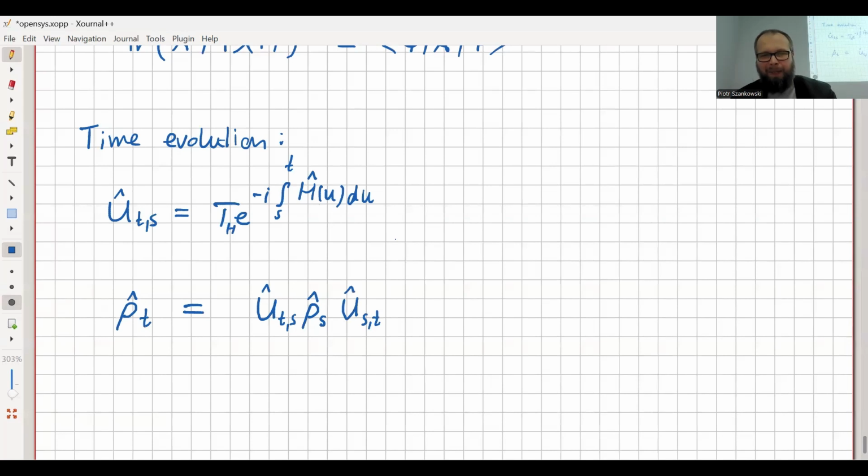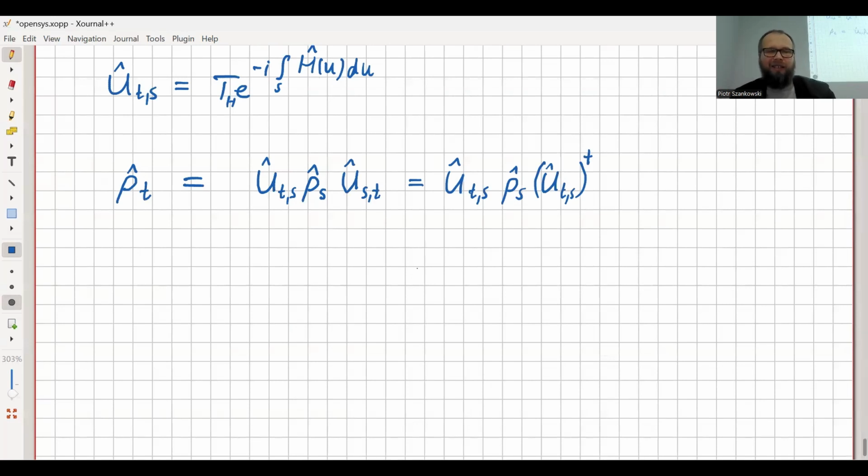Okay. Or rho_TS, rho_S, rho_TS. Just a reminder: if you take the dagger of the evolution operator, it just flips the direction of time. So this is the rule. And again, for pure states,